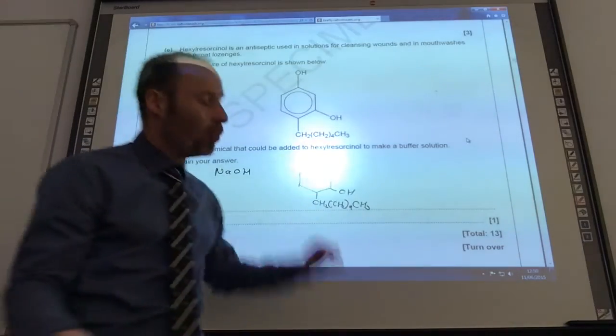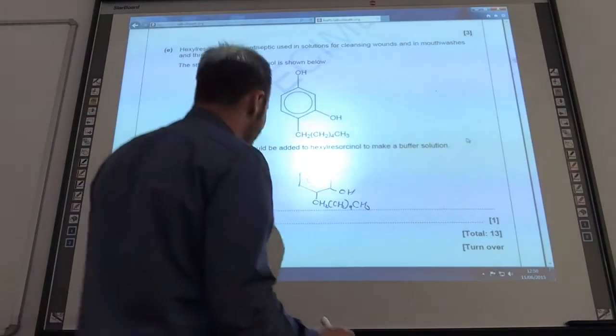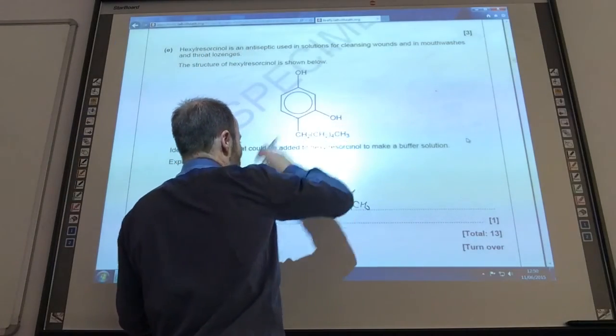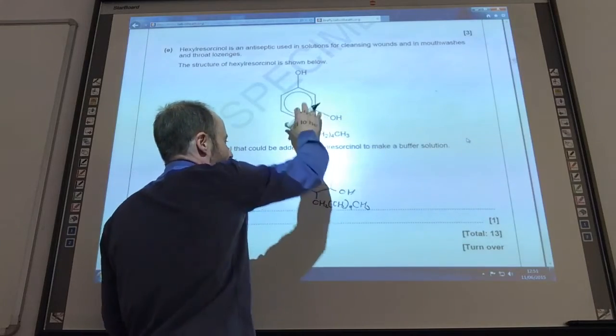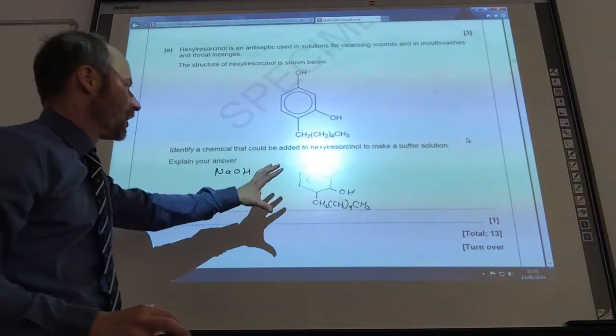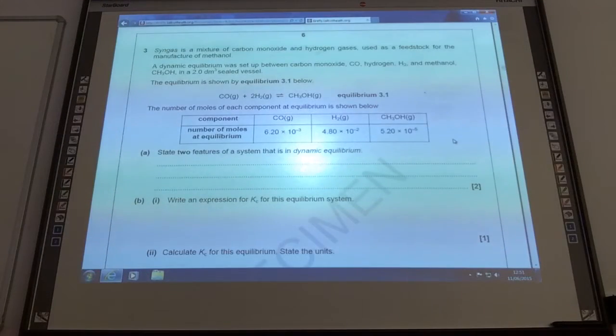Adding sodium hydroxide would give you that chemical. You do need to remember you only add a small amount of that. The phenol has got to remain in excess because you need both of these in the solution to have a buffer. Okay, so